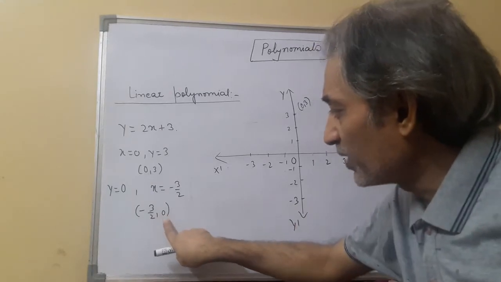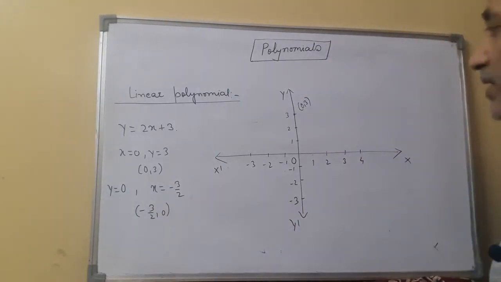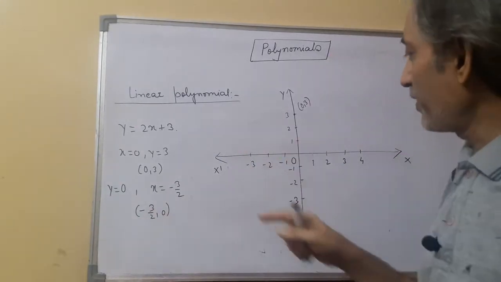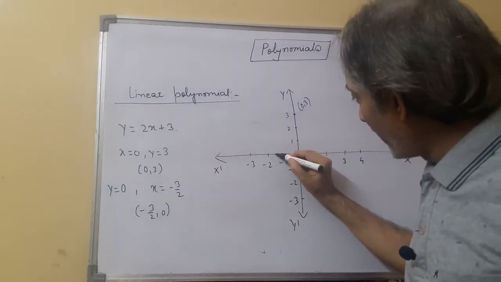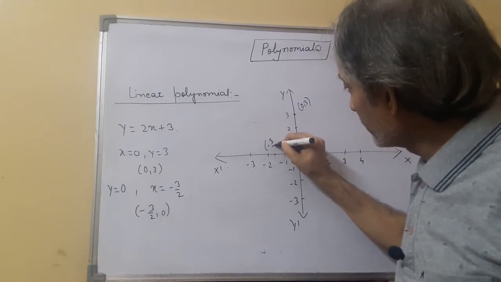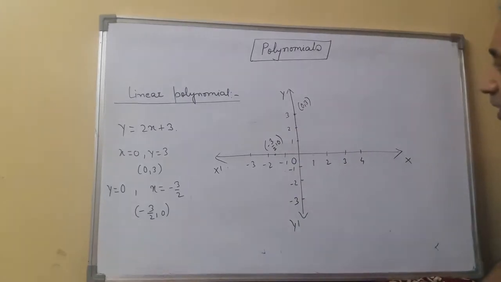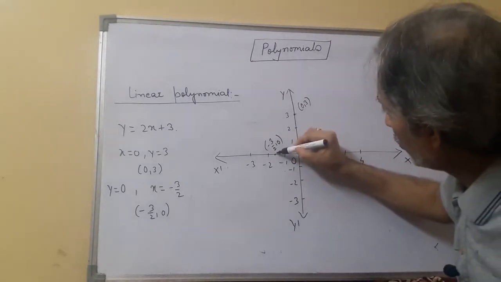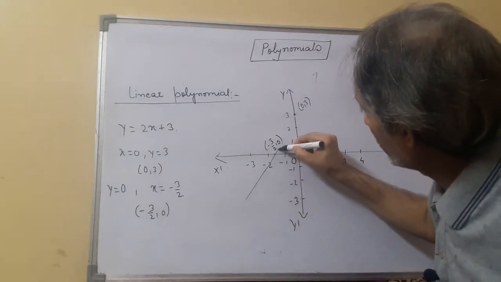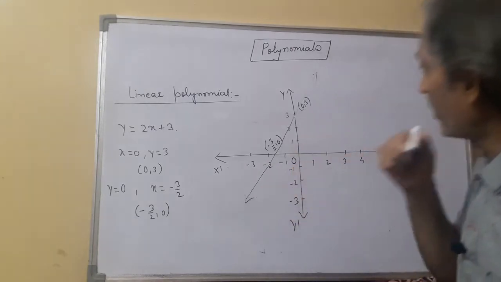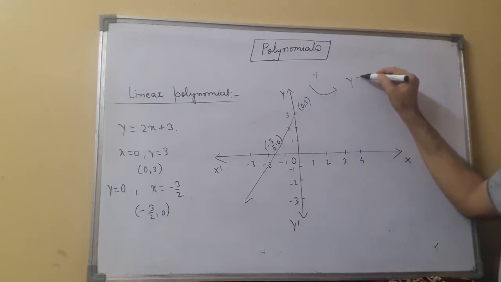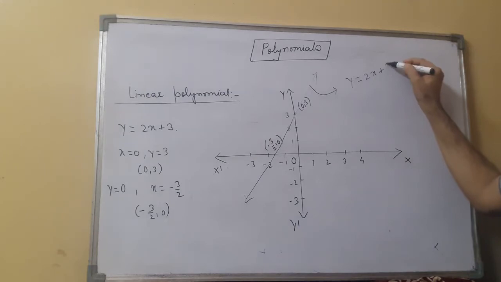अब यहाँ पे y0 है, मीन्स कि दिस पॉइंट विल लाई ऑन दी x एक्सिस एंड साइन इज नेगेटिव x. तो -3 upon 2 मीन्स कि -1.5. तो -1.5 विल लाई इन बिटवीन -1 एंड -2 समवेयर ओवर हियर. लो नाउ जस्ट एक स्केल से हम इन दोनों पॉइंट को ज्वाइन कर देंगे. And we will get a line like this. So this is the graph of this linear polynomial y equal to 2x plus 3.